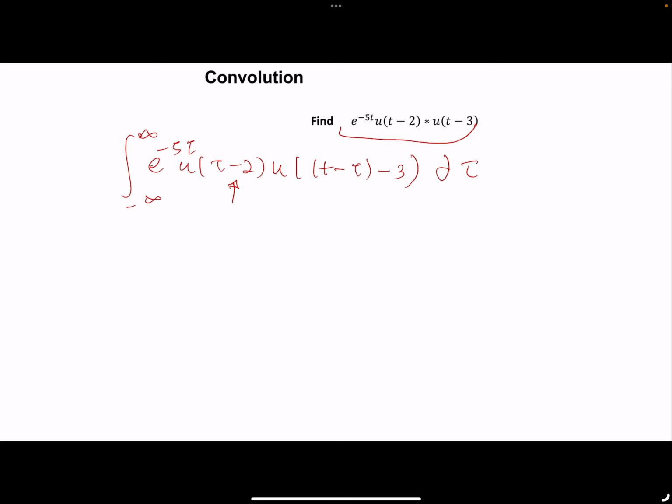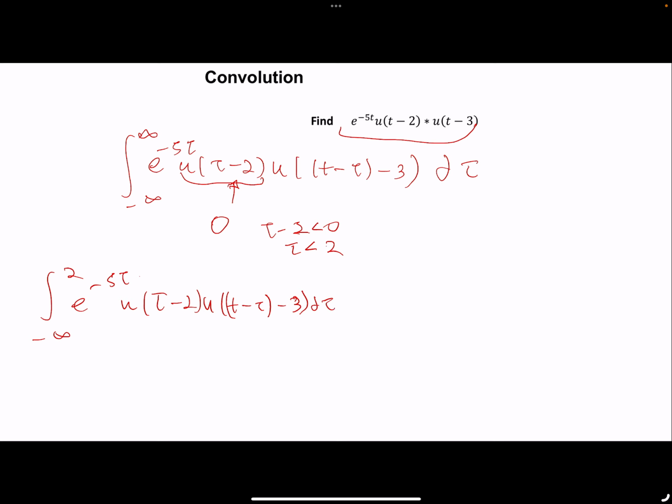This one, remember, u of tau minus 2 is 0 whenever tau minus 2 is less than 0, or another way to say that is when tau is less than 2. So that means the integral from negative infinity to 2 of e to the negative 5 tau, u of tau minus 2, u of t minus tau minus 3,